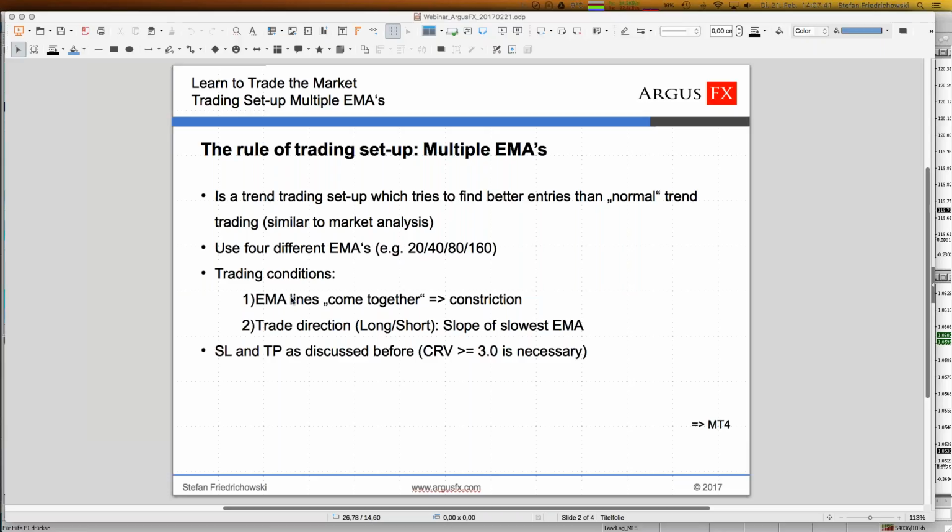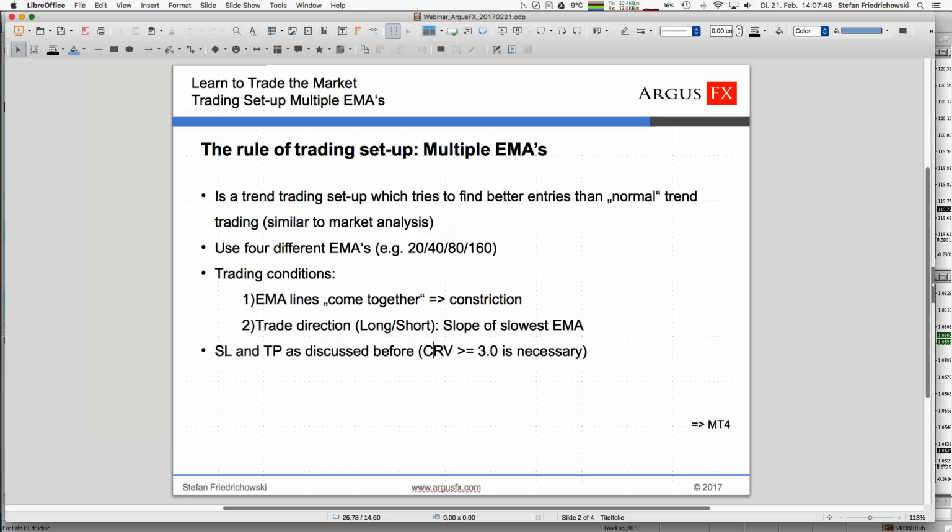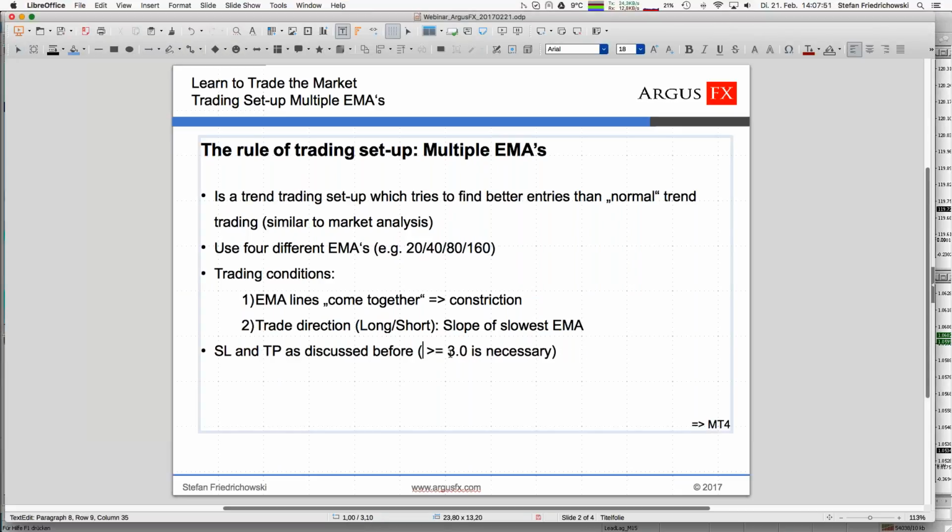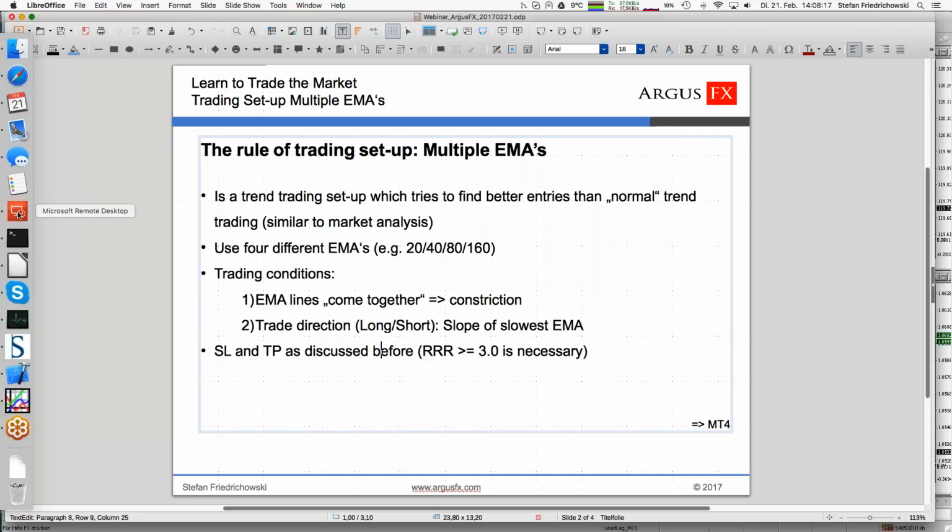Technically, this kind of setup needs big CRVs, or let's do it in English here. So the better naming in English is risk-reward ratio, and definitely what we need here is a risk-reward ratio bigger than 3, because our win rate is not that good with that trading setup, and therefore we need higher risk-reward ratios. So that is exactly what we introduced last week, and what I have done within my MT4 is